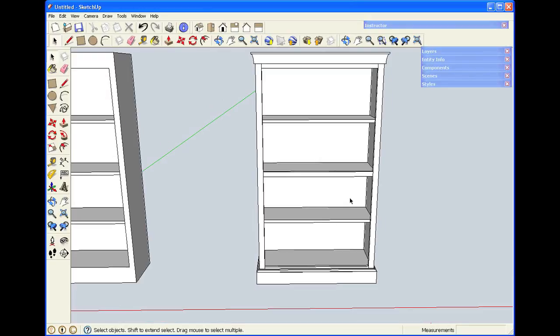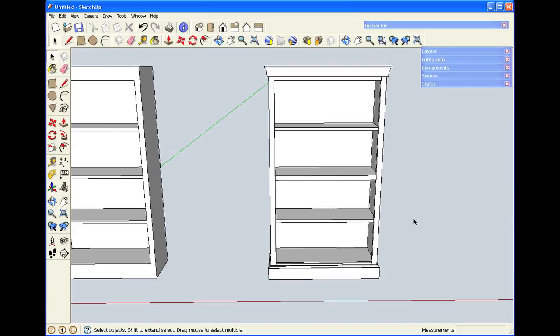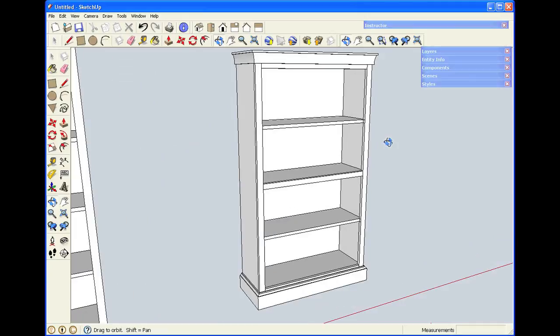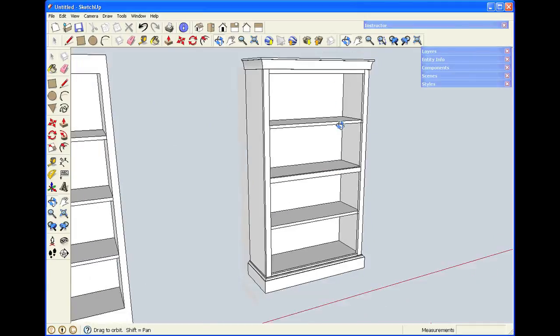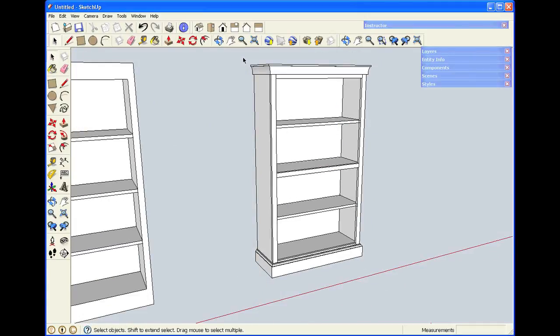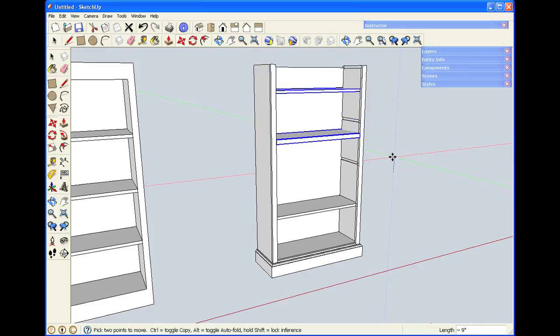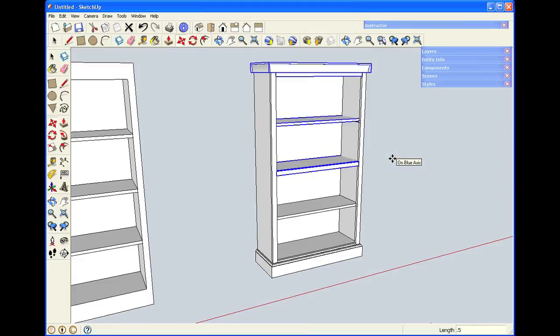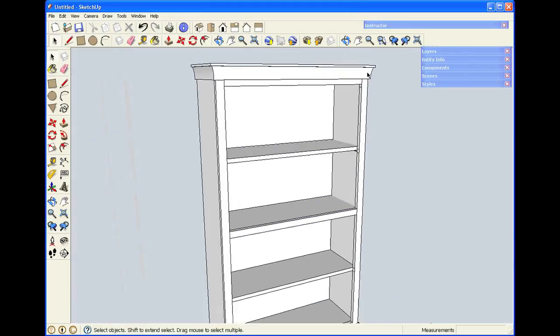Now I've lost 1/2 inch between the bottom of this shelf and the top of that one. What I want to do is move everything in the model from this point up on the blue axis, or up 1/2 inch. So I'll select those parts, get the Move tool, just click anywhere and get it started on the blue axis, and then type in 0.5. So that moved the shelves,